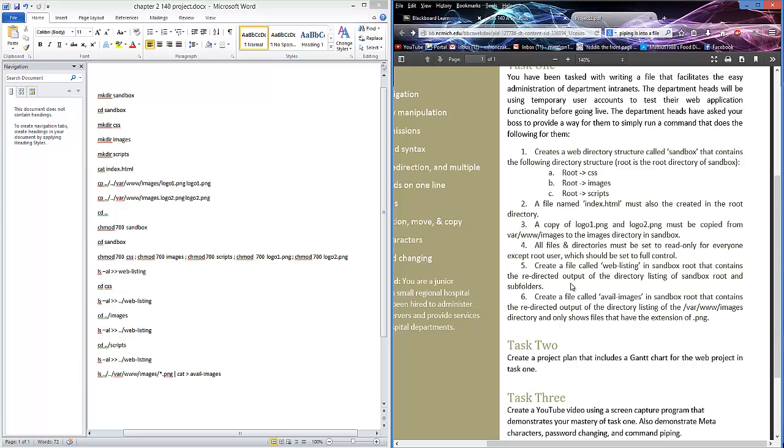Next up, we have a file called web listing in sandbox root. So again, we're going to go back to sandbox root that contains the redirected output of the directory listing of sandbox root and subfolders. So what's that mean? It means that we are going to be making a file, and in the process of making that file, we're going to be outputting the list commands into that file. But we don't want it just for the sandbox root. We want it for sandbox, CSS, images, and scripts. And the way we do that is with, wherever it is,